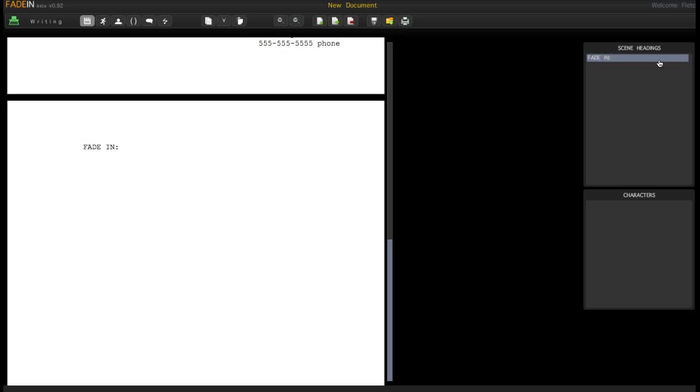So over here you have your scene heading window and your characters window, and I'll show you what those do in just a moment. Let's get into the writing of it. Now you always start a screenplay off with, some start it with FadeIn. I prefer to start mine off with a slug line or a scene heading. So the scene heading, also known as a slug line,